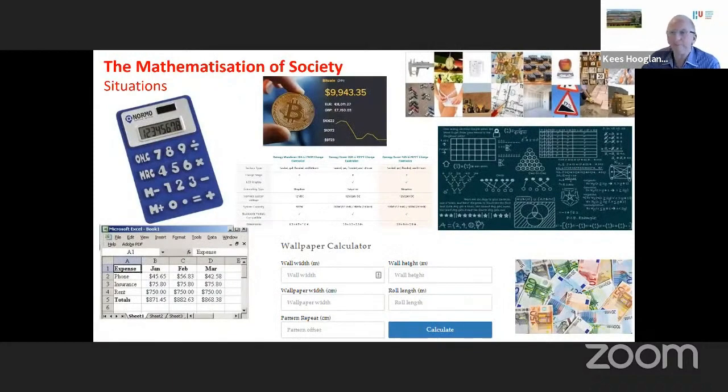At the same time, we witness what we call a mathematization of society. More and more numbers, diagrams, and graphs are used for communication between people, but also between government and people, between commerce and people, between hospital and health, industry and people. More and more numbers are used. It has, of course, to do with digitalization, technology, and the availability to make graphs. So we really are working towards a mathematization of society.